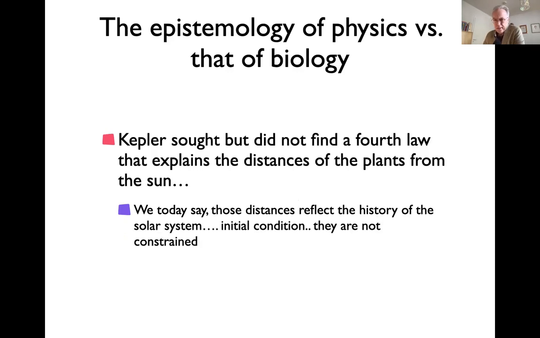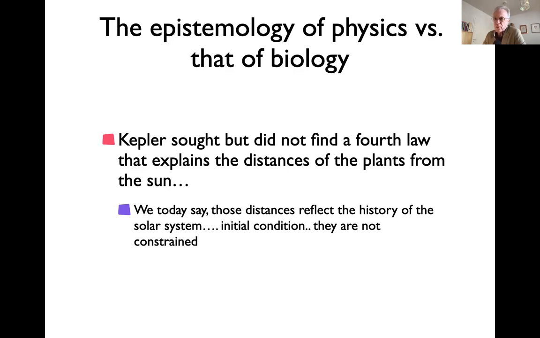I don't know if you know that Kepler himself was trying very hard for many years to find another law that would explain why the planets are at these particular distances that are observed, like Mercury and Venus and Earth and so on, something known about their distances approximately. And he tried to find some regularity that explains these differences. For instance, he used very complex solid bodies and tried to find some numerical rule, or how many bodies of a certain number of surfaces, that maybe only every even number appears, some regularity like that. And that failed. And today we say there is no such law.